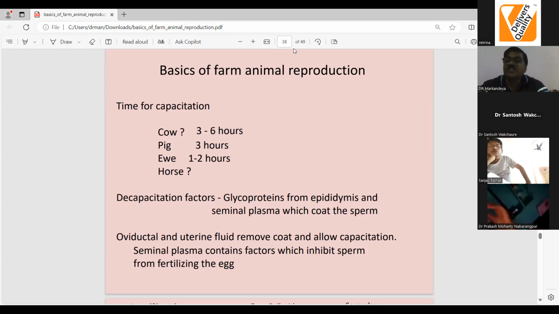Why are 3,000 sperms required at the site? They are required for the concentration of the enzyme hyaluronidase. Only once there is a sufficient concentration of the enzyme is separation of corona cells possible. Otherwise, if there are, say, 200 sperms at the site of fertilization, there will not be fertilization, because the ovum will die in the layers of corona cells that are not getting separated out. So this is the basic thing at the site of fertilization.